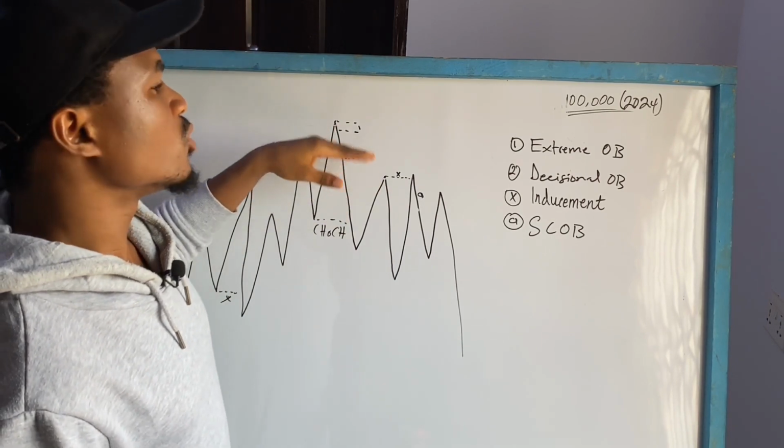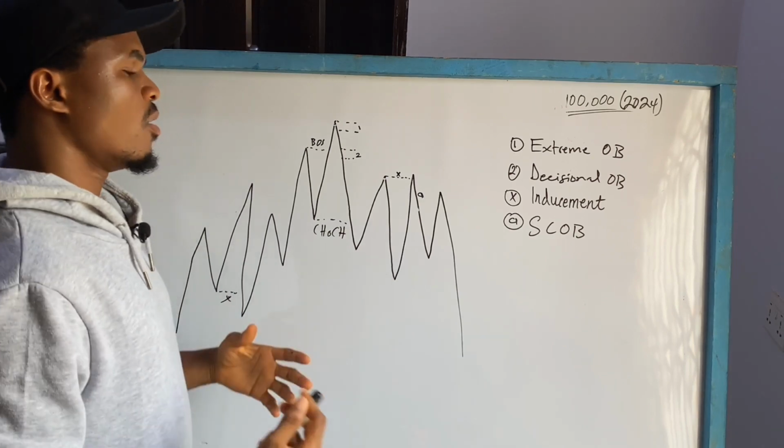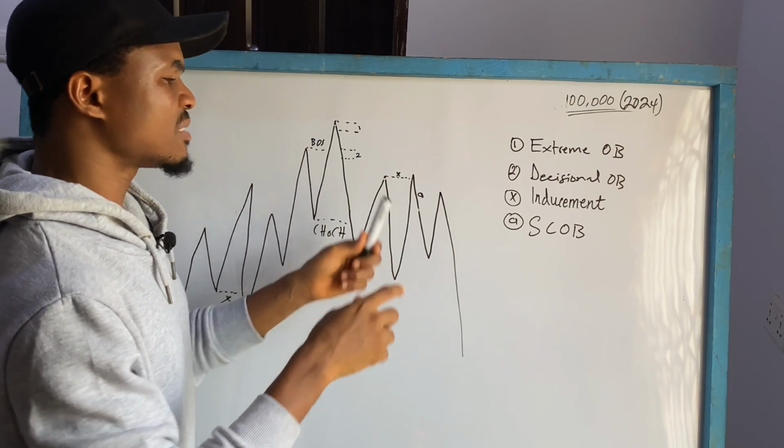Price has not been able to go to either of these two other blocks over there. What then do we have to do? But there's an inducement over here. What happened is,